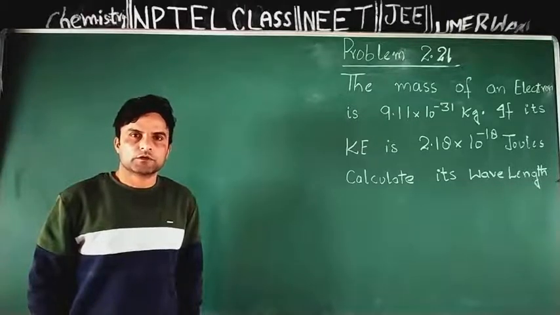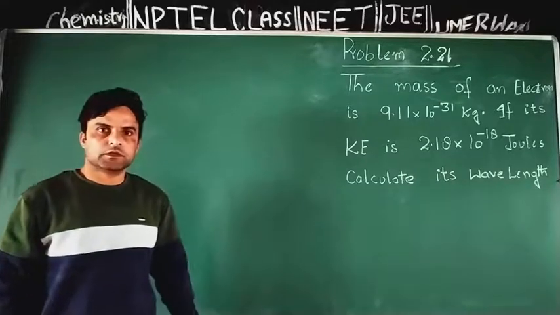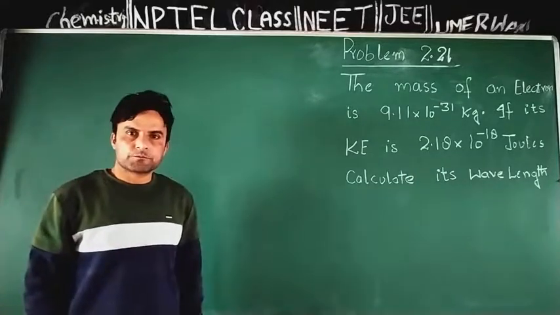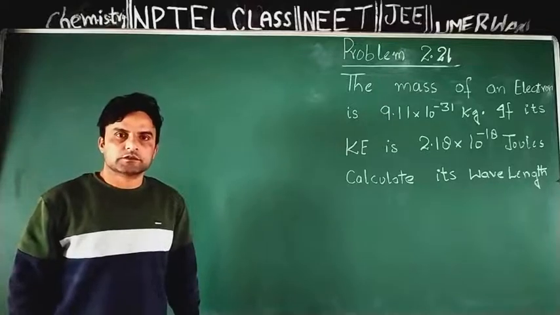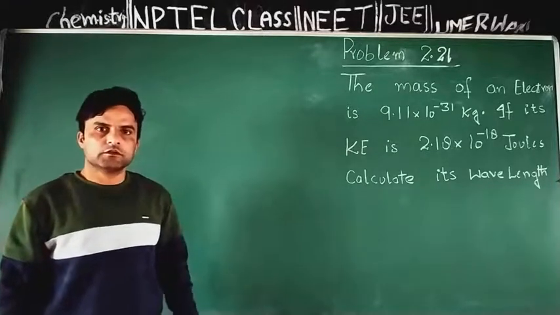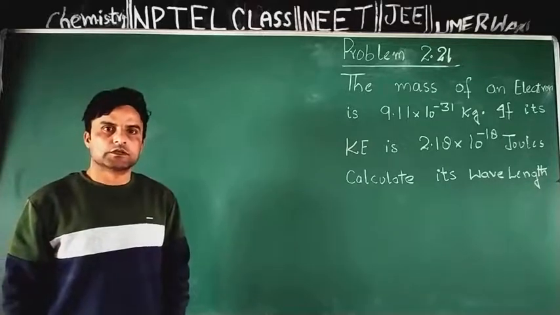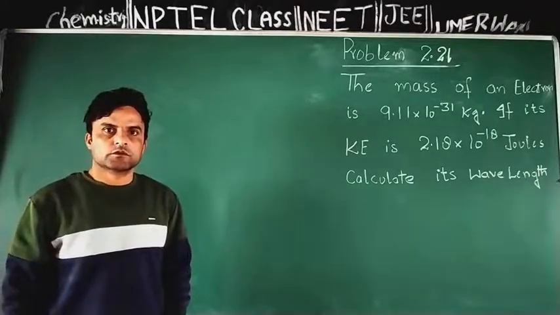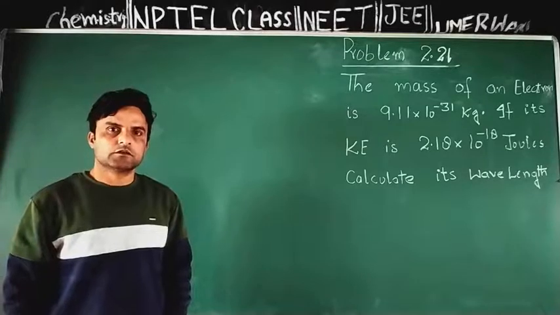In Bohr's model of atom, Bohr considered the electron as a particle. Later on, de Broglie suggested that, like radiation, matter also has dual character, particle as well as wave character,